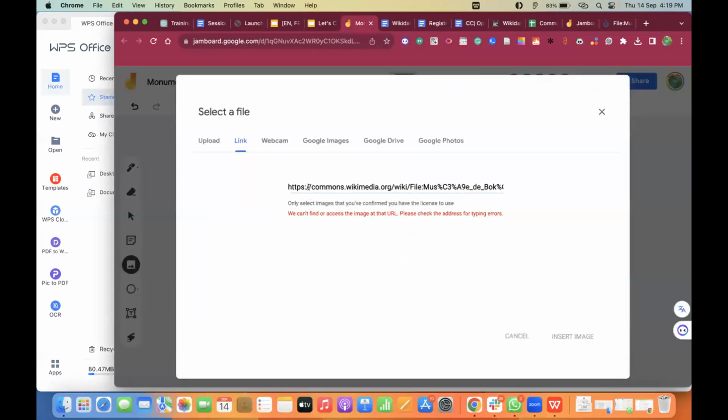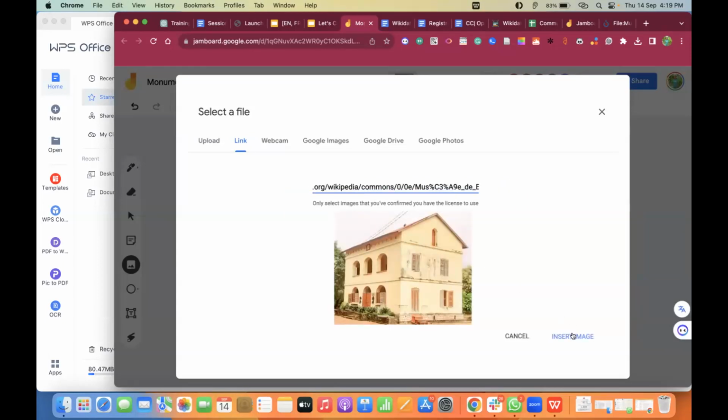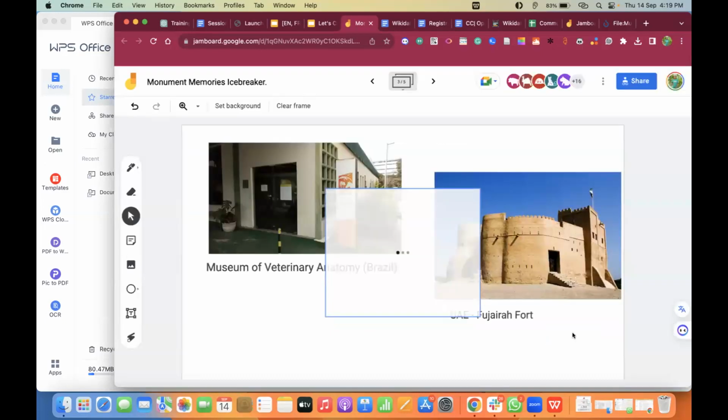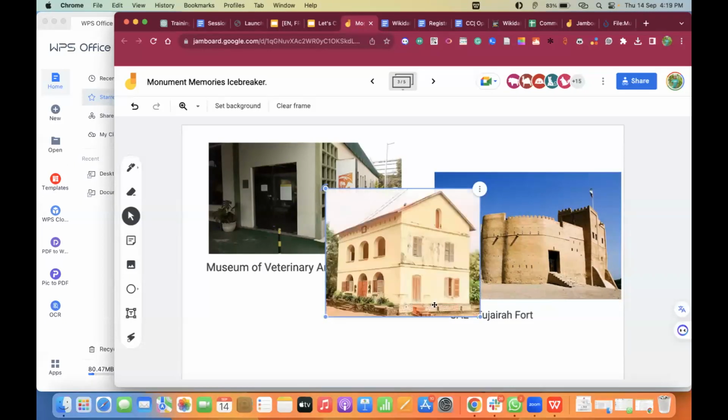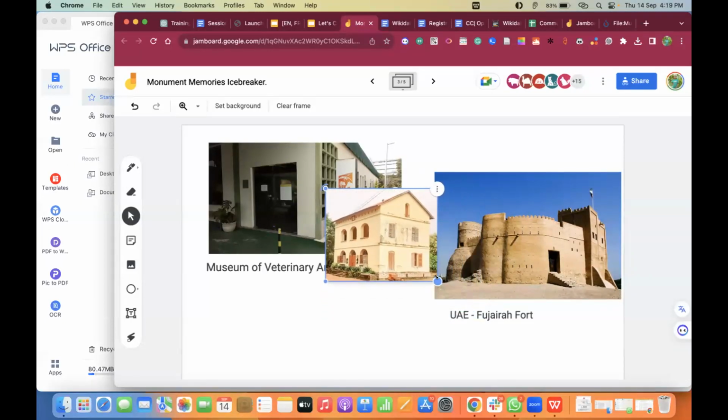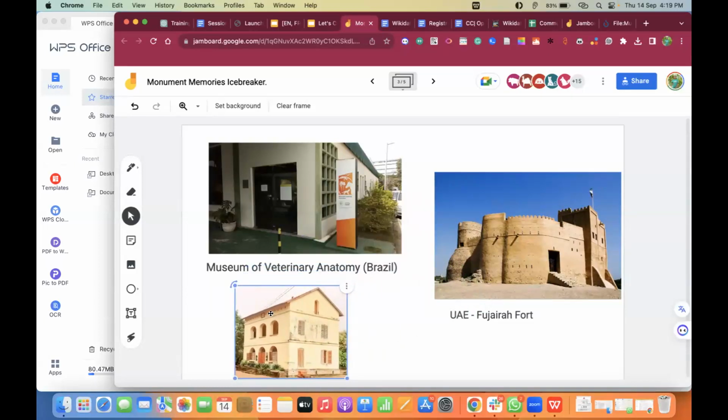I'll click here on add link and paste the link I copied from Commons, and here you have the image of the museum, and it's loading currently. And I would add this here,